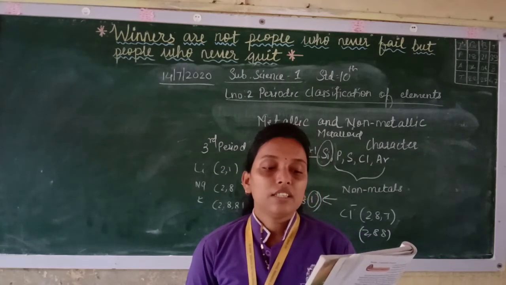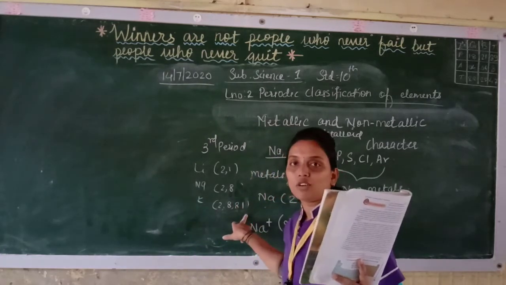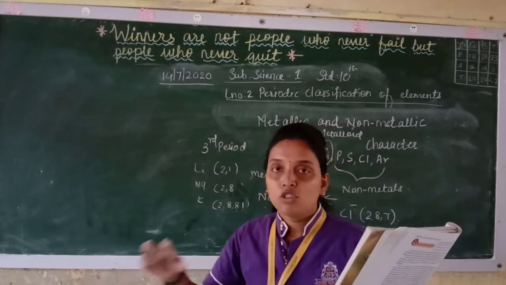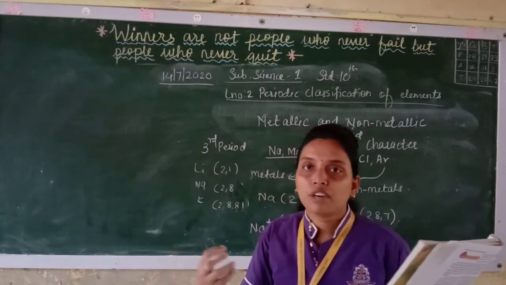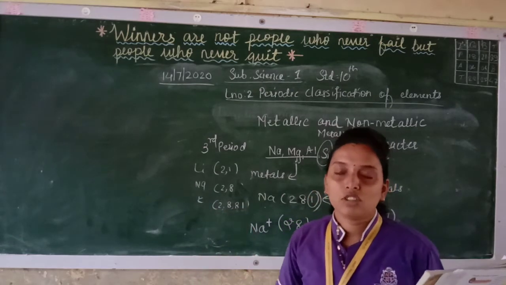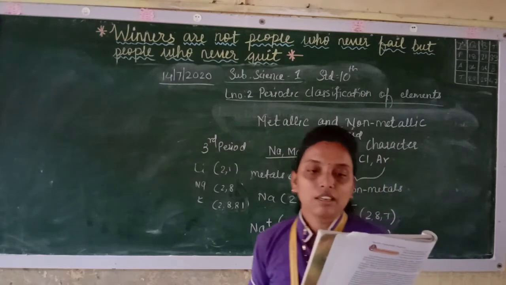Due to this, the tendency of an atom to lose electrons goes on, so it will go on losing the last electron, because here the distance between the nucleus and the outermost shell is increasing. So the nuclear charge, the force of attraction, goes on decreasing. So it will lose electrons easily. That is why the electropositivity increases down the group.